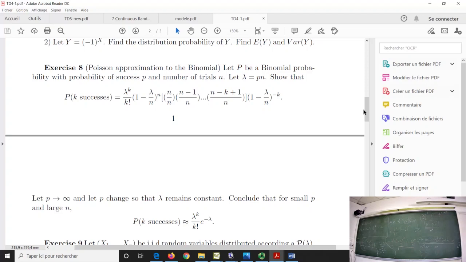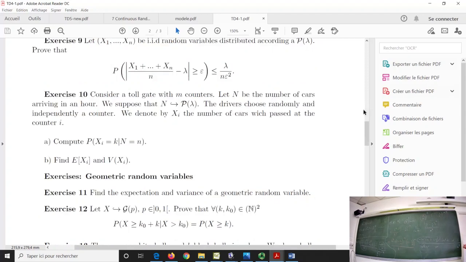Why? Because, so I come back to the reasoning I have tried to do. Lambda over n goes to 0 for sure. 1 minus lambda over n goes to 1. But in fact, I don't have 1 inside. I have something that goes to 1, that is close to 1. Okay? And if you take a calculator, for example, you take 0.999999 and you put it to the power, let's say, 1000 billion, you will see that you won't obtain a 1 in fact. Because inside here, you have this term that goes to 1, but the power is also moving.